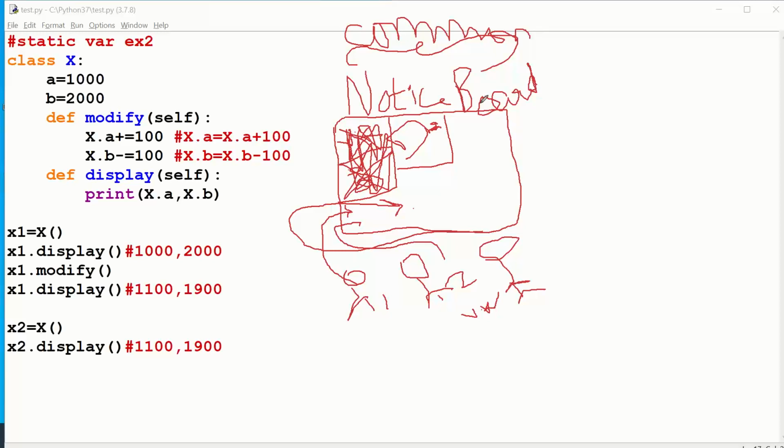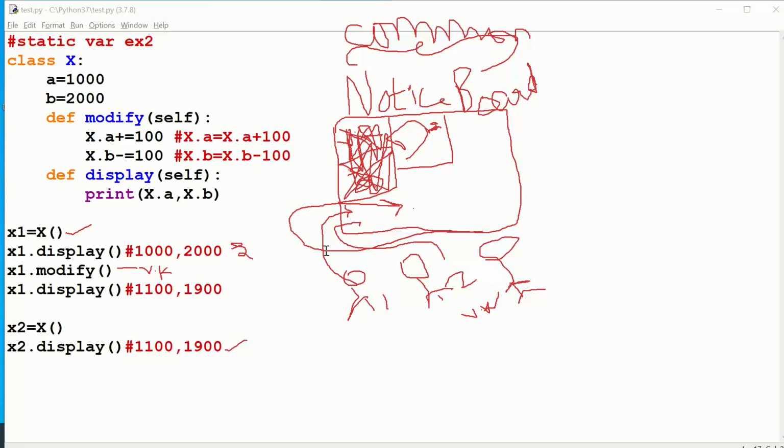Okay, in the same fashion, if you have understood this, the first object, whatever the data, as per your example, this is Sachin Tendulkar, right? The first object has got data 1000 and 2000. The first object saw it and modified it to how much? Virat Kohli. So after modifying the first object, the latest data seen will be Virat Kohli only. Now the second object, this is you. When you enter the class and see what is there in the static data, it will show the latest value.